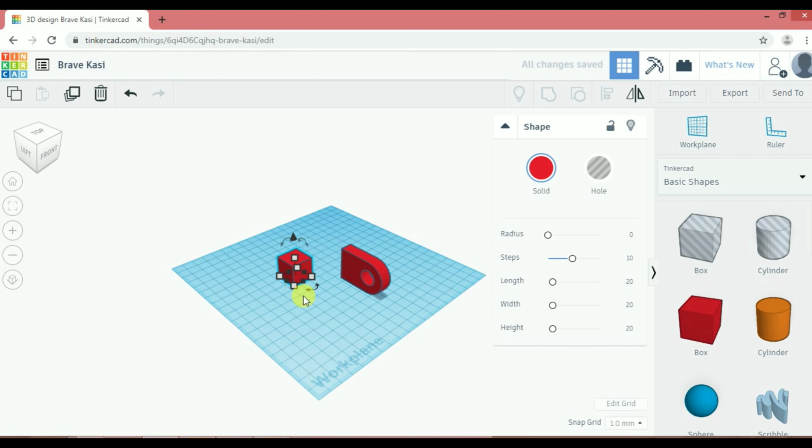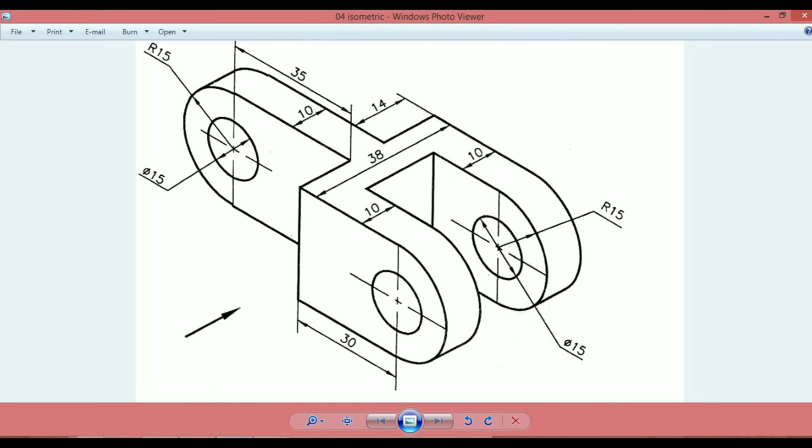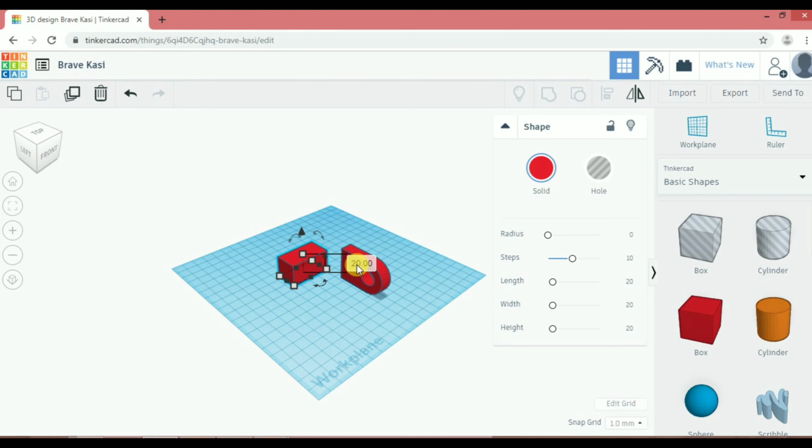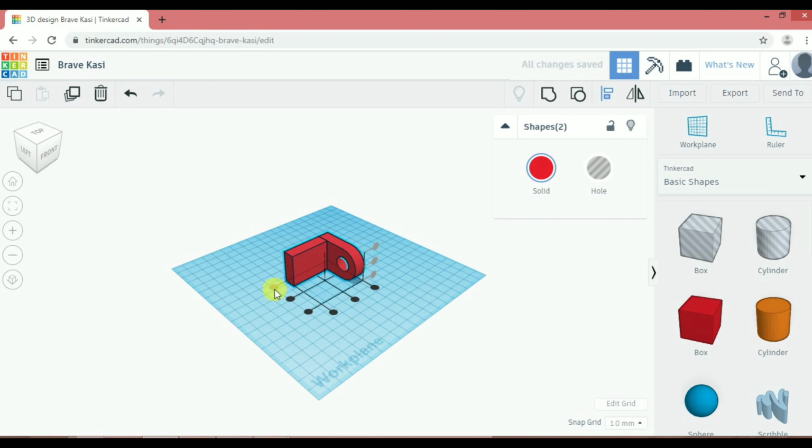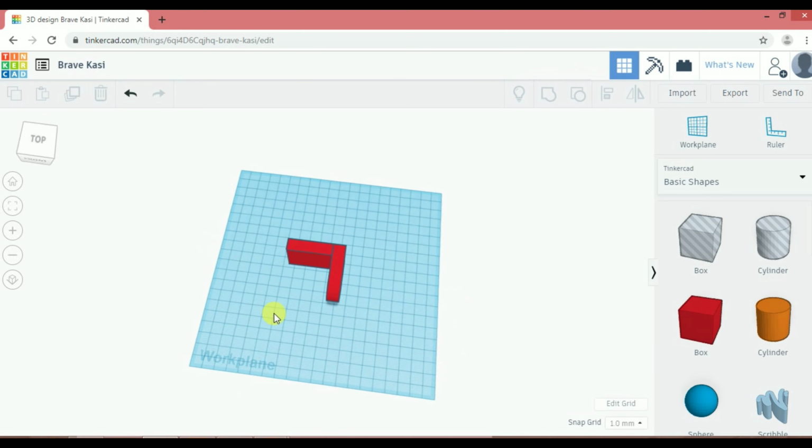Now if you see that there is again a rectangular shape of 38, so I just draw the 38, height is again 30 and width is 10. Again align both the entities, both the primitives. Yes, it's the corner align.